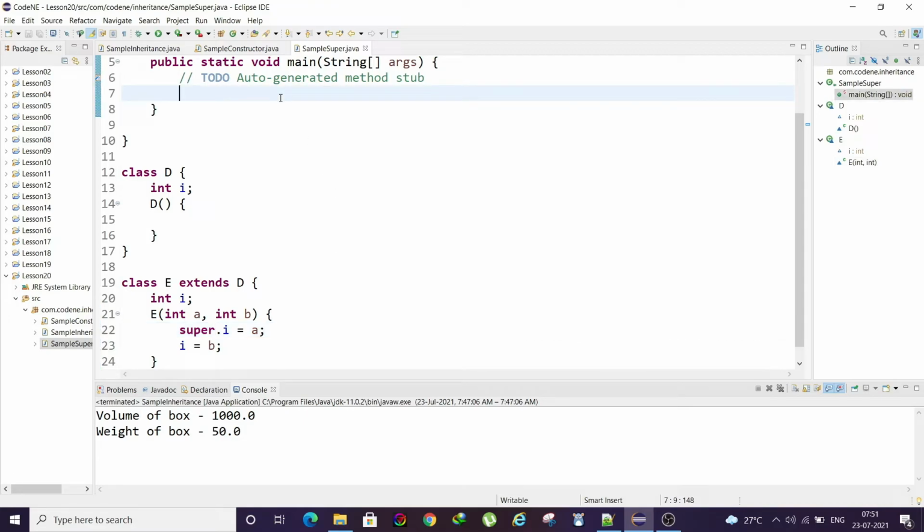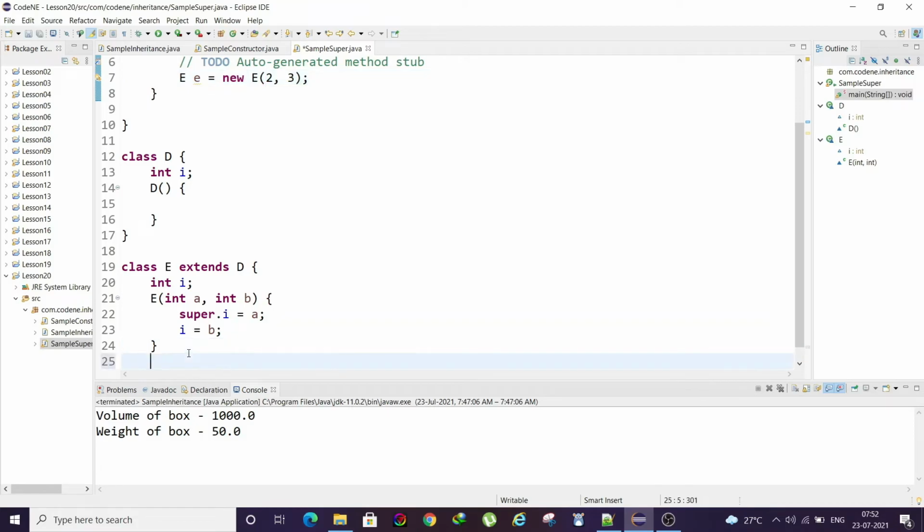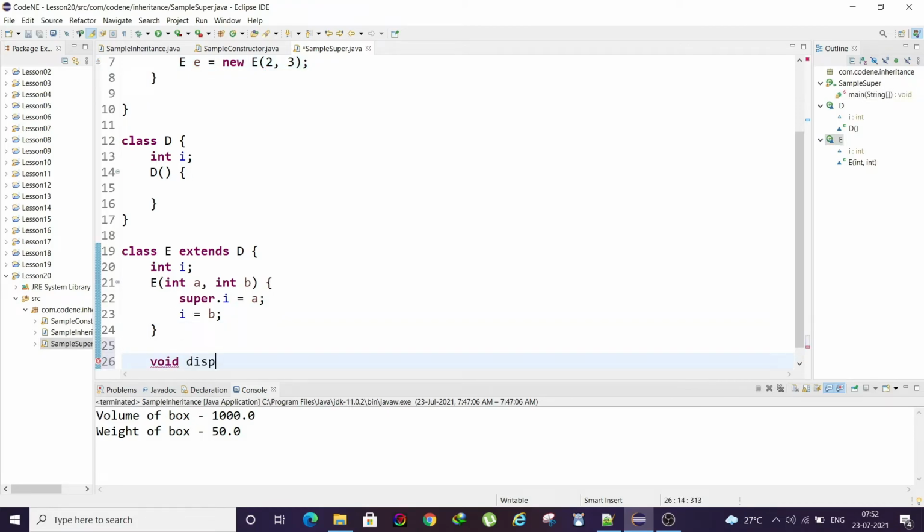Now let's instantiate this. We'll have E equals new E, then I will pass 2 and 3. We need to define one method as well, just to show how the values work here.